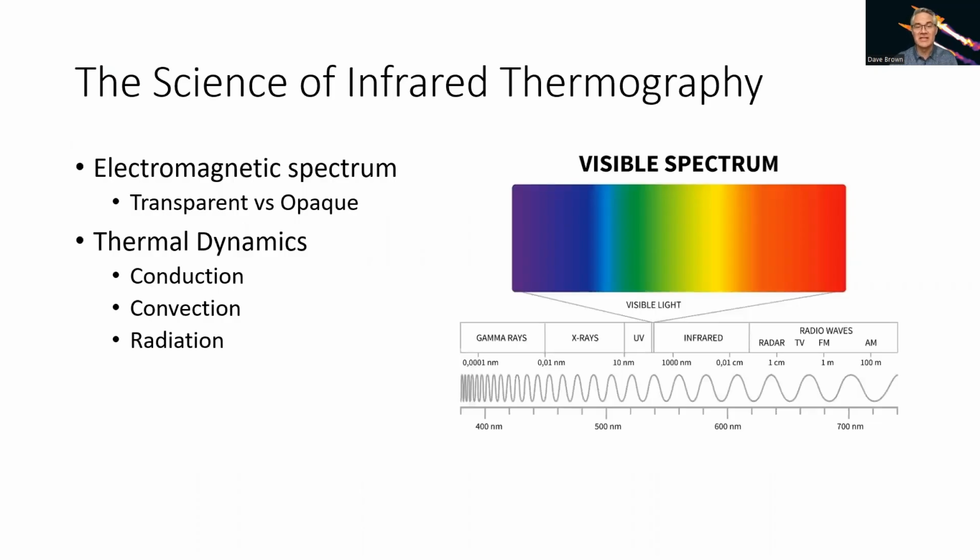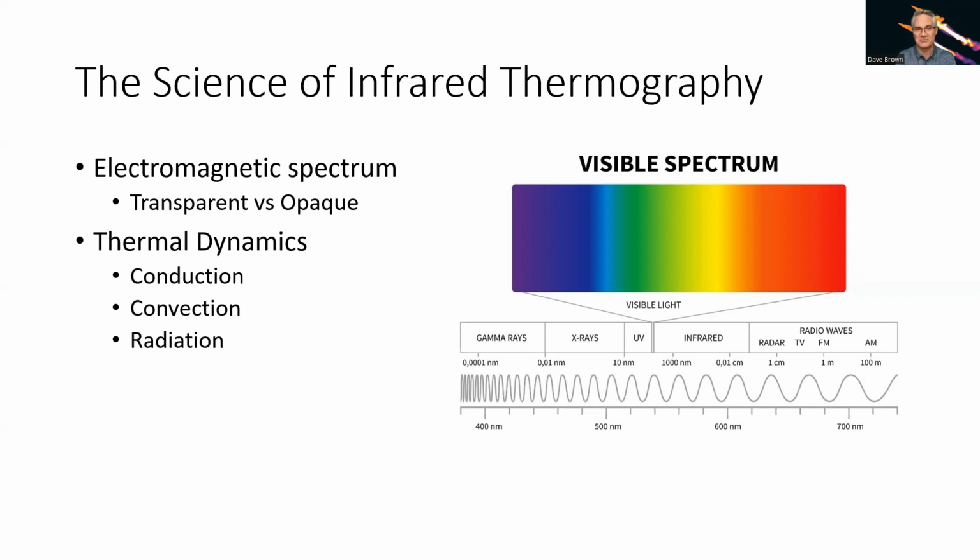First of all, let's talk about the electromagnetic spectrum. We tend to think of electromagnetic waves mostly in terms of what we can see, in other words, the visible portion of the spectrum. But what we perceive as billions of colors is actually just a tiny sliver of the overall electromagnetic spectrum, which is made up of X-rays to gamma rays, radio waves, microwaves, and everything in between. On one side of the visible spectrum, we have ultraviolet radiation, and on the other, we have infrared. We perceive infrared radiation as being radiant heat energy, and that's the form of energy that this camera is designed